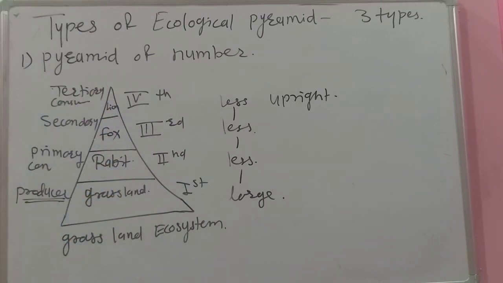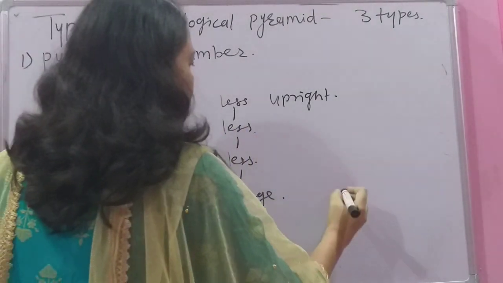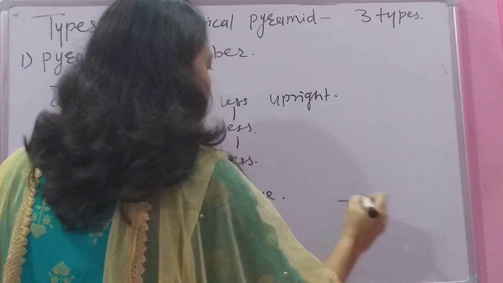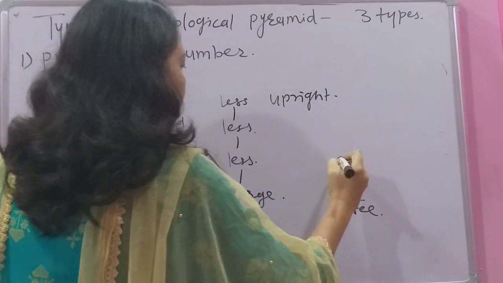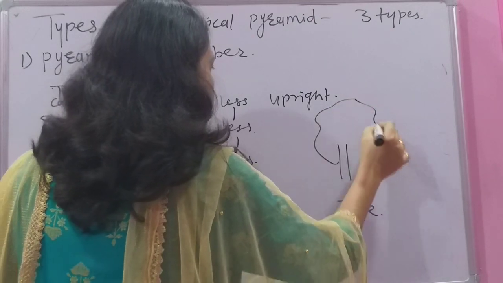The number of organisms decreases at each trophic level, and hence the shape of this pyramid is upright. This is one example of the pyramid of numbers, for example, a grassland ecosystem. Another example is a tree, a terrestrial ecosystem. For example, on this tree